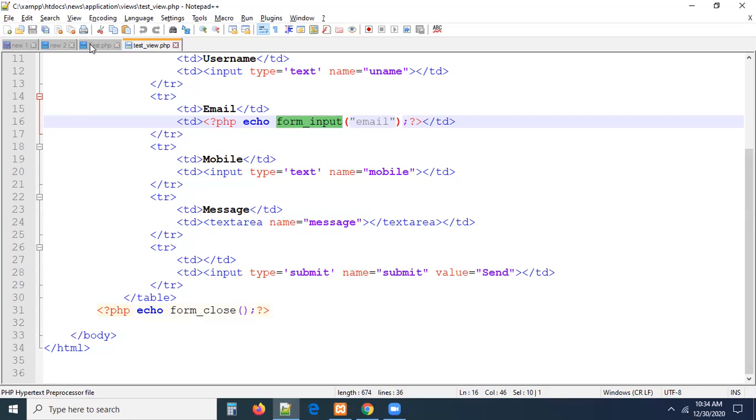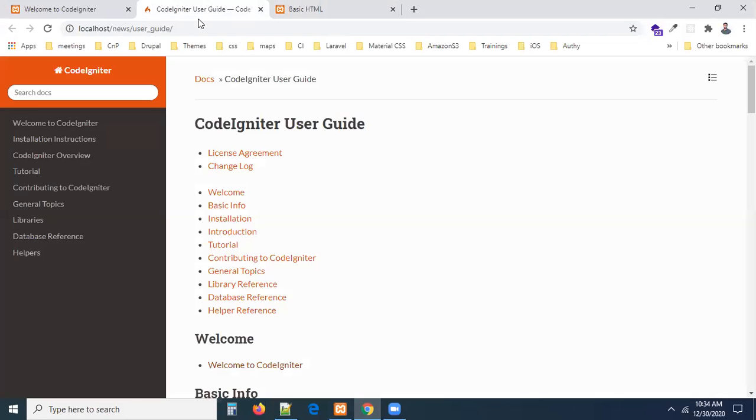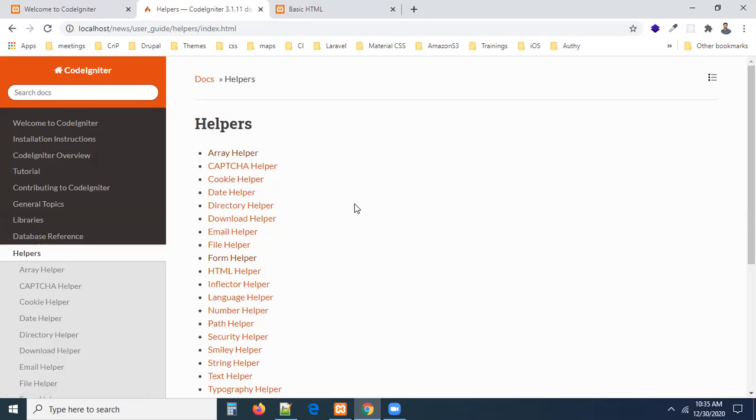Yesterday we discussed the form helper, right? Now let us discuss some other libraries. These are in the CodeIgniter user guide. Go and click on helpers. Can you see a lot of helpers are there? Almost all helpers we are going to discuss, but the mostly used helpers we are going to